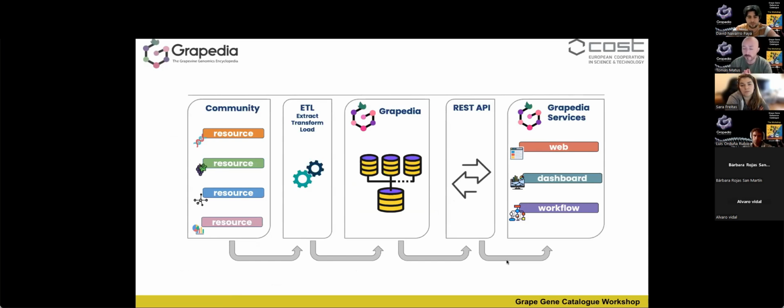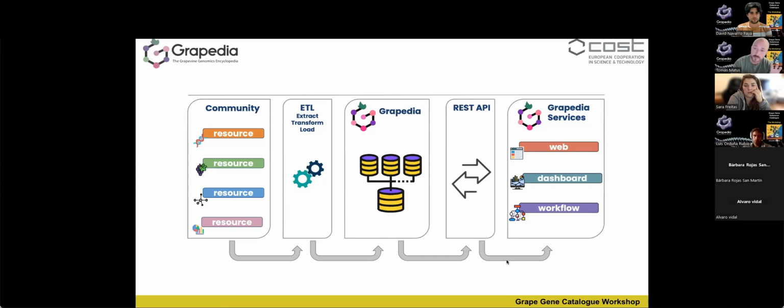Very briefly, the Grapedia portal has two basic structures. One is the back end, which allocates all the data. This data can be located in one or more different places. That's the whole idea of a federative data system, actually. So the data will be extracted and it will be interconnected, and we will be able to query and explore